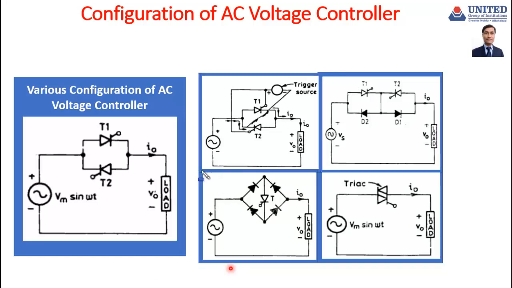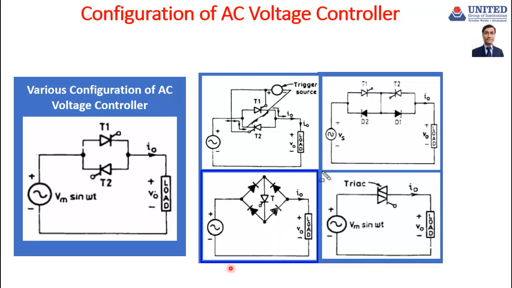Now let us see the third configuration, which consists of 4 diodes and 1 thyristor. For this circuit there is no need for any isolation between control and power circuit. Therefore this scheme offers cheap AC voltage controllers. The voltage drop in the three conducting devices, that is diode, thyristor and diode, will be more. So in this scheme the efficiency will be low.